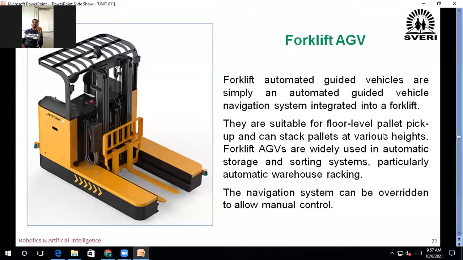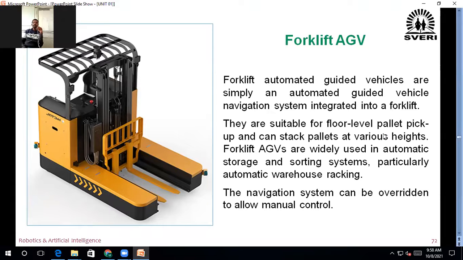Forklift काय use आहे कोण सांगू शकेल मला? Why we use forklift? Yes, anyone? Have you seen that forklift? Why is it called the forklift? Have you seen forklift in any industry? कुठल्या इंडस्ट्रीमध्ये तुम्ही बघितलेले का forklift आपल्या अशा पद्धतीचे? What is the function of that forklift? Simply we can say, might be you have seen the forklift during your implant training. Implant training च्या वेळेस तुम्ही forklift हे बघितलं असेल इंडस्ट्रीमध्ये.